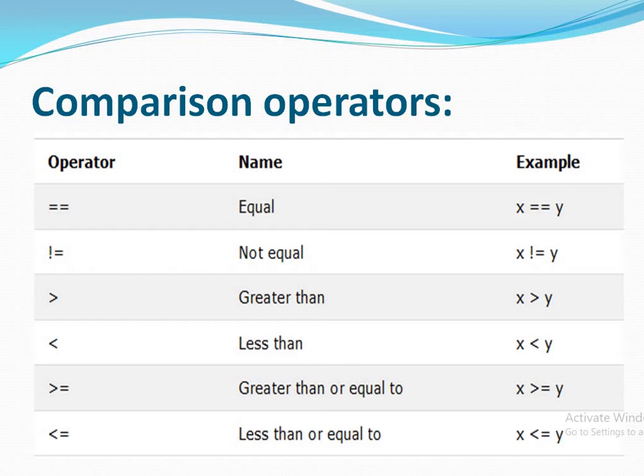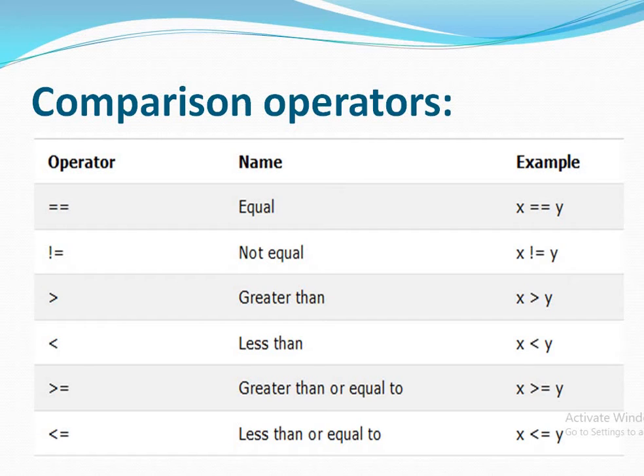So you are asking whether 5 is greater than 6 or not. The answer will be either yes or no. So in case of a comparison operator, the result should be Boolean. It returns the Boolean value. So the comparison operators are double equal to, not equal to, greater than, less than, greater than equal to, less than equal to. Now let me clear each and every comparison operator.